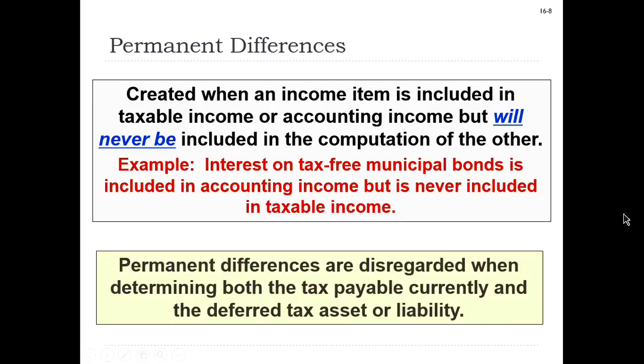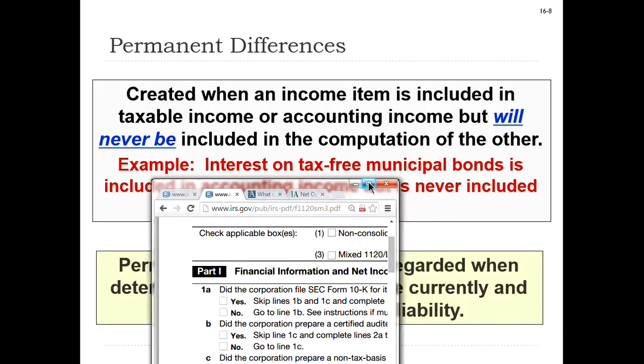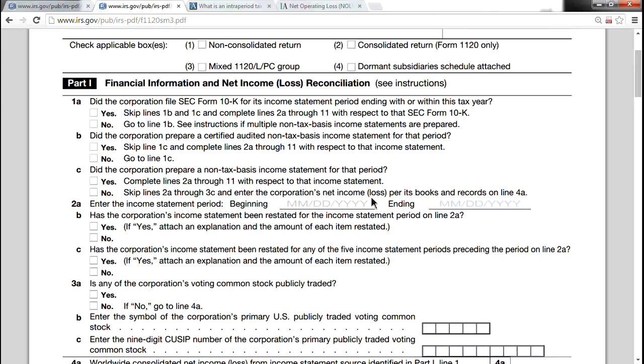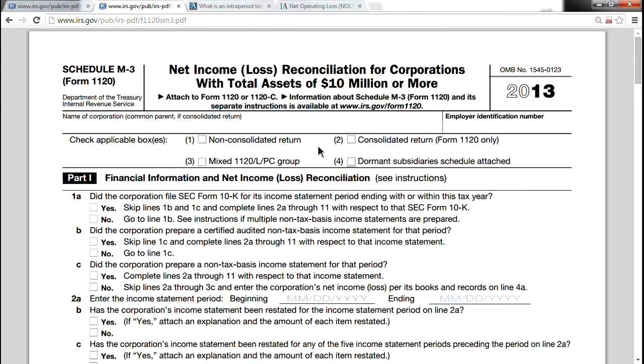Because these are tax-free municipal bonds, hence the name tax-free, they can't be taxed. So we will recognize this revenue on the financial statements, but we're not going to reference this revenue on the tax return because it won't be taxed. And I could give you an example of the exact form that we would actually use so we can see how this can really be. On the M-3